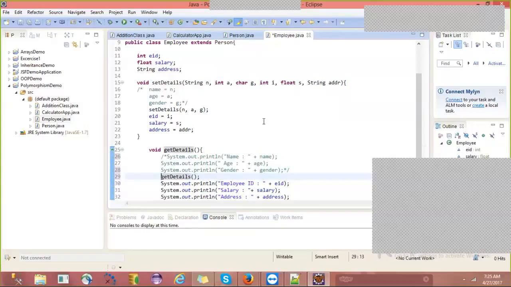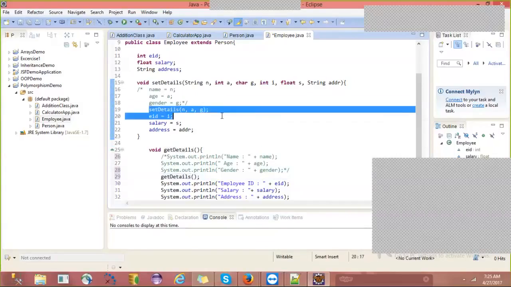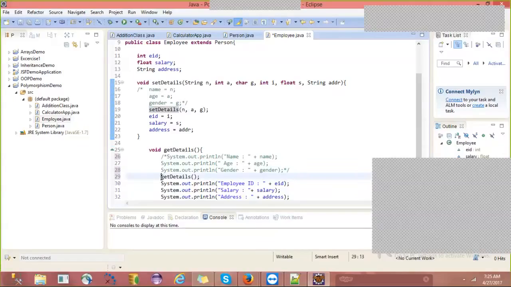So without a person object, you can directly call the getDetails method. You need not create a person object in the child class. In the child class, do we need to create an object for the superclass? We don't, right? Directly we can call all those methods. See here also what we have done: setDetails we called directly, right? In a similar way, getDetails also we can call directly. There is no need of creating any object for the superclass.